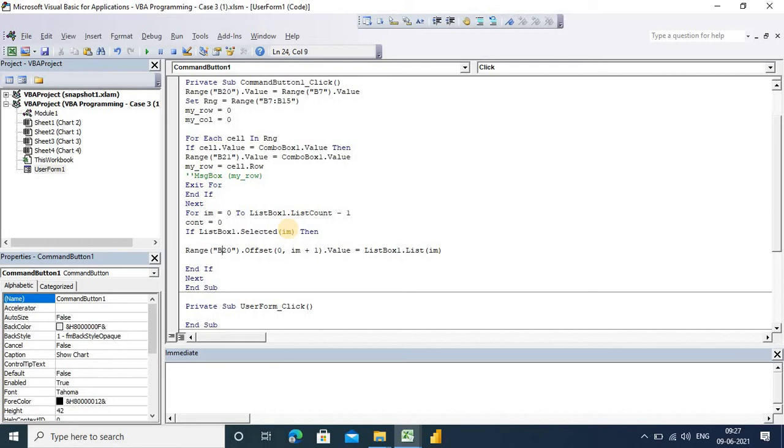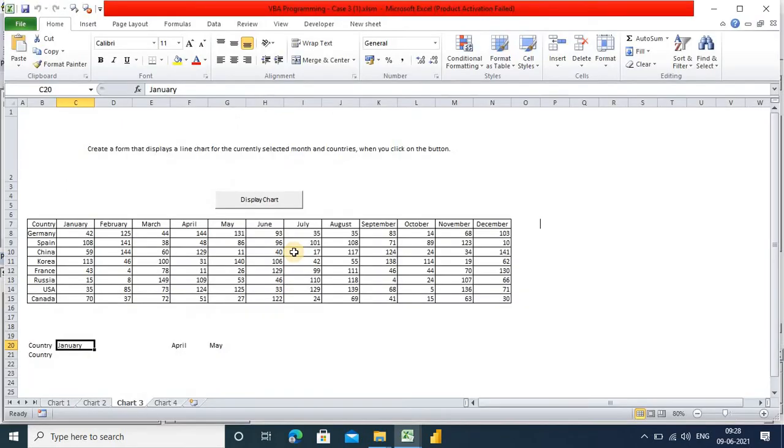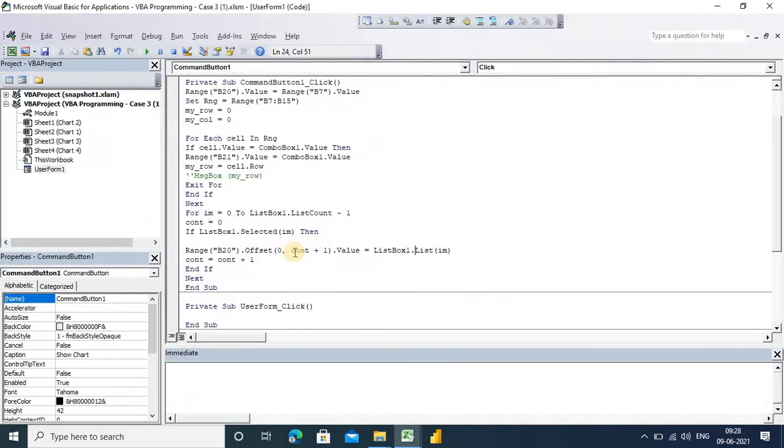Okay, so it is selecting one by one. Count is equal to count plus 1. So now here I am simply applying count 1. Now removing this again, and running again.